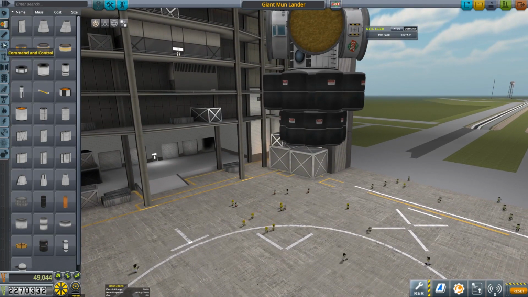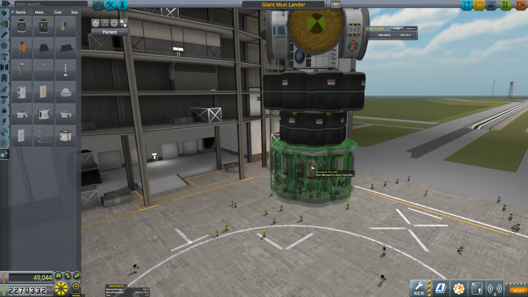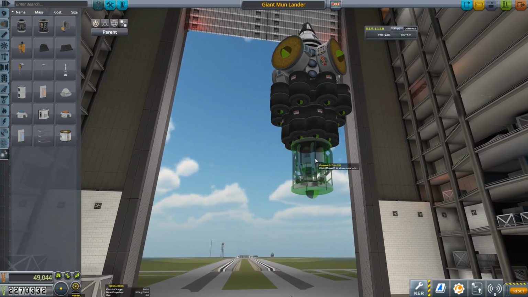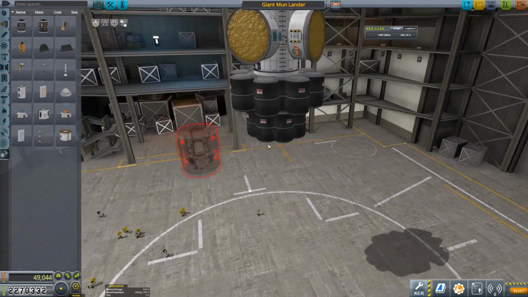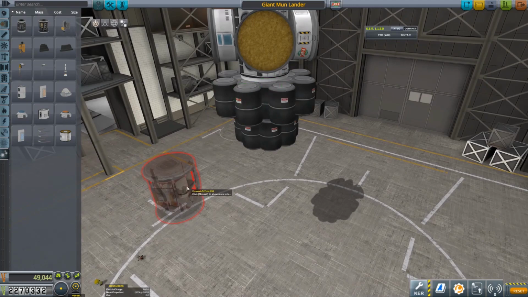We need the thing that converts. I believe that's in utility. Yeah, we need the giant convertitron. We don't need that many of them. One will probably be enough. Let's put it in the middle. I feel like it'll do better in the middle, Joe. We might want to take all of this. Let's actually just bring what we need. I know that's a shocking...